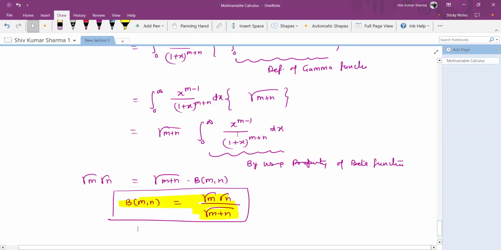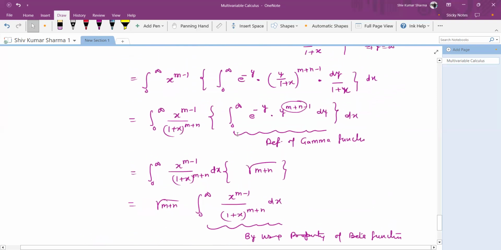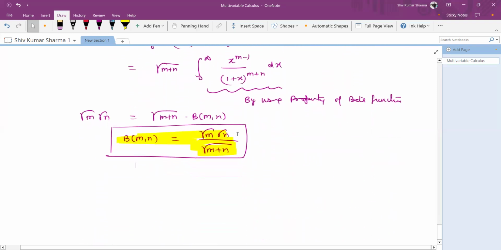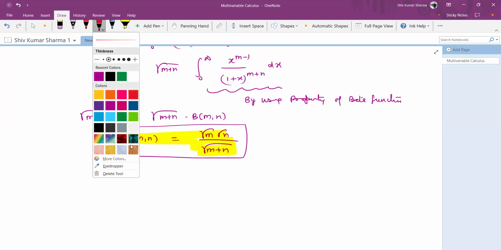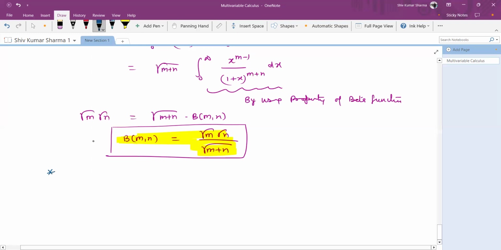Okay. So this is the relation between beta and gamma function. So we will solve the problems by using this relation. Now we move to another properties, or we can say the deductions. So to prove that